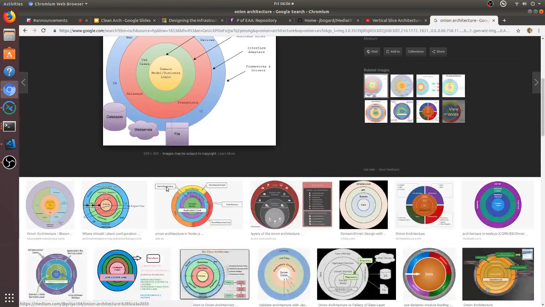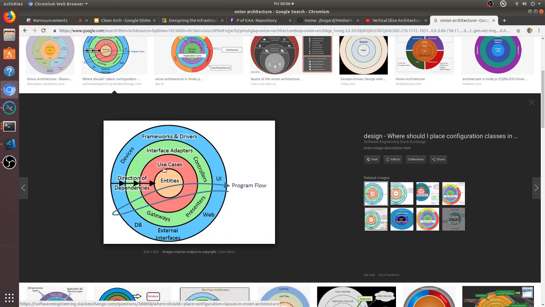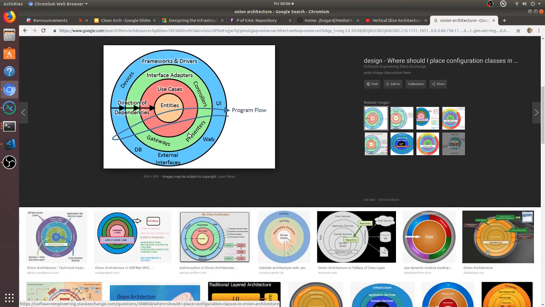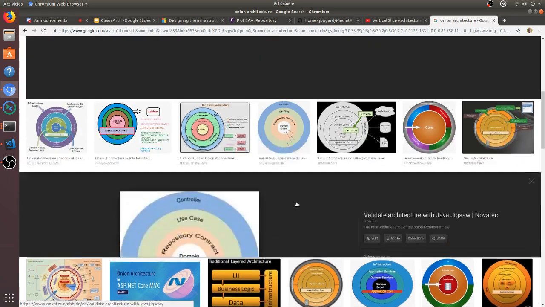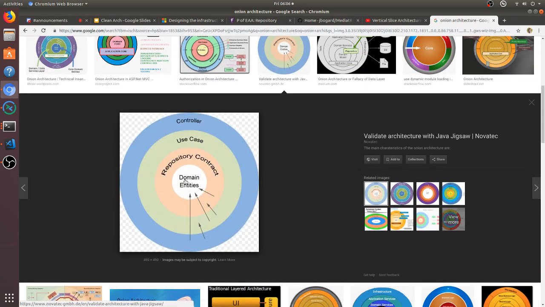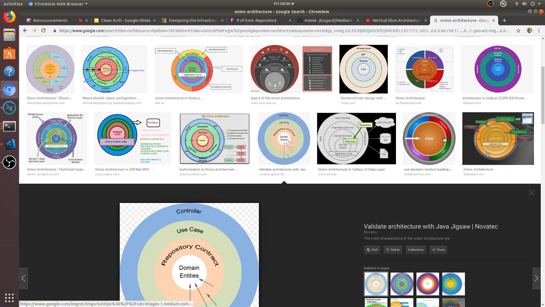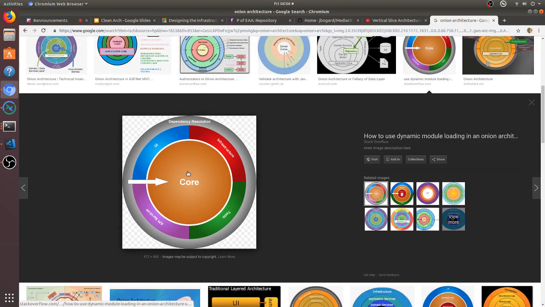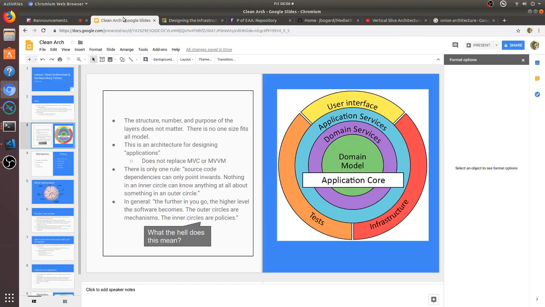These are all kind of boring. There's no interesting one here. Entities, use cases, interface adapters. This one's actually really popular, but it's again completely different. Frameworks and drivers. Repository, controller, domain entities, use case controller, or repository contract. So a lot of different ones, even a simpler one, core and everything else, actually kind of like this one. There are a lot of different ways that you can draw these layers, and it turns out that the Onion architecture